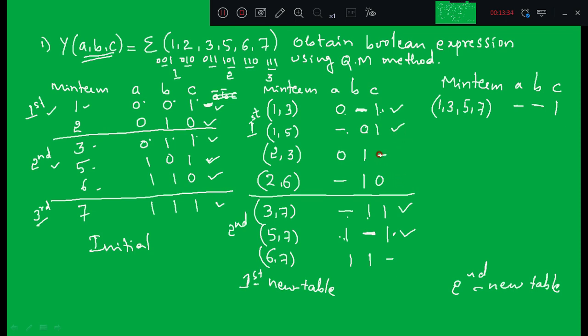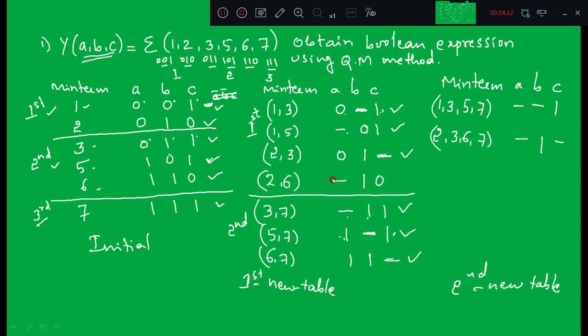Then third position, here this minterm has dash at the third position. Do you have dash at the third position? Yes. And are they getting differed in the remaining bits? Yes, they are getting differed by one bit, and this time the minterms are different, 2 3 and 6 7, 2 3 6 7. So what is the binary combination? 2 3 6 7, it is dash 1 dash, correct?